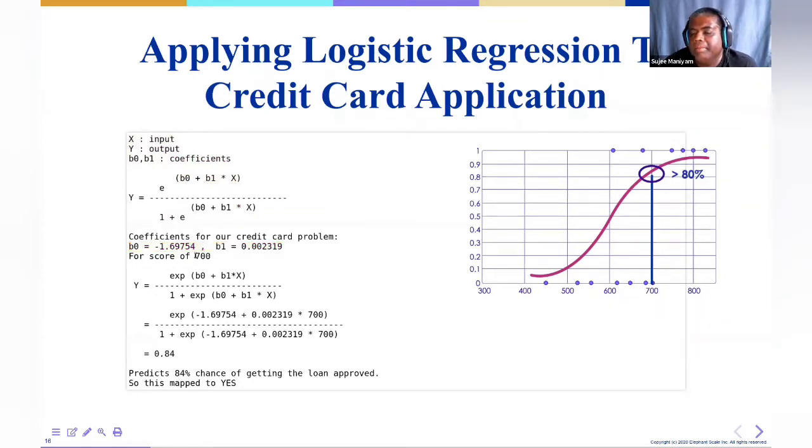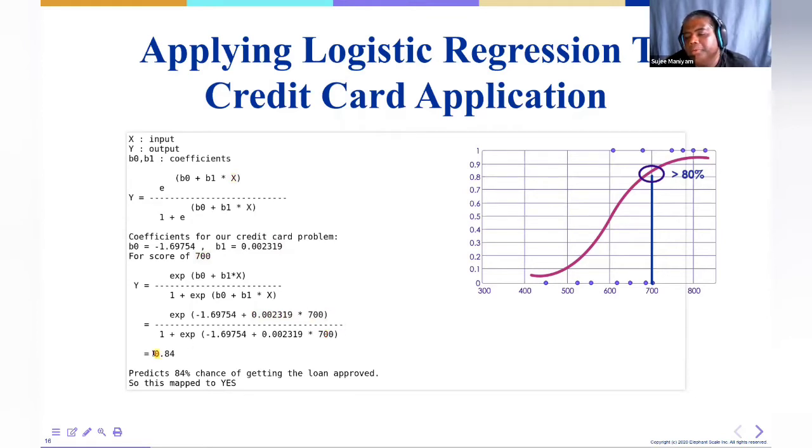And let's say my input credit score is 700. If you live in the US, you know all about credit scoring. It's used to predict whether you get a mortgage, a loan, anything. So it's a very integral part of your creditworthiness. So let's say my input score is 700. I plug it into the formula, so you can follow the numbers. Beta 0 is this guy, and beta 1 is this guy. And the input X is 700. You can see that, right? So you plug it in,